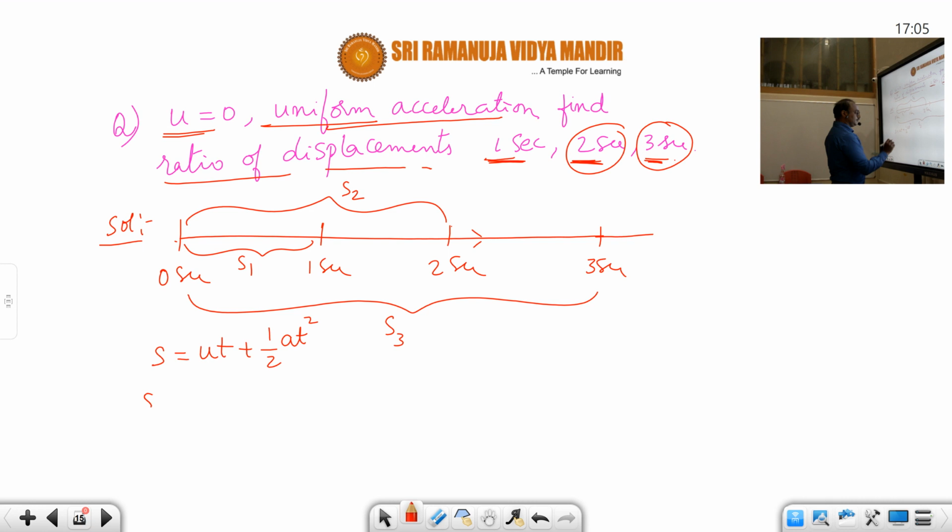Then s2. So s is equal to ut plus half at square. We are finding s2: starting velocity 0 plus half into acceleration